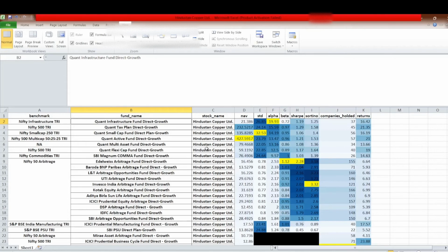Quant Infrastructure, as usual, and small cap, highest standard deviation. Edelweiss Arbitrage Fund has the highest beta value and Sharpe. So this is kind of an in-between call: it has a good standard deviation and fair alpha, but the beta exceeds the threshold. As I said before, when the Sharpe is 2 and the Sortino is 3, this can be ignored. So it is a good move to enter into this fund, Hindustan Copper,